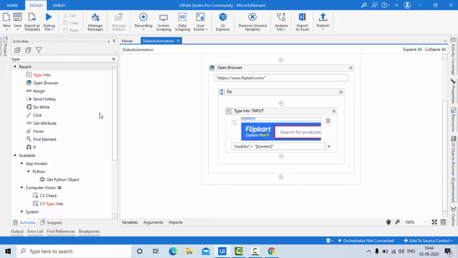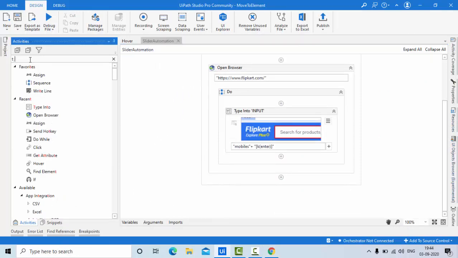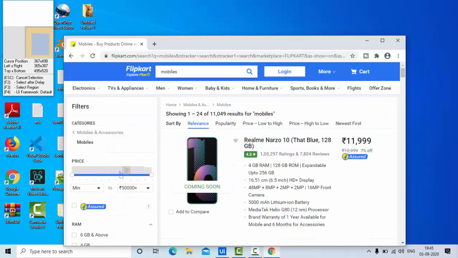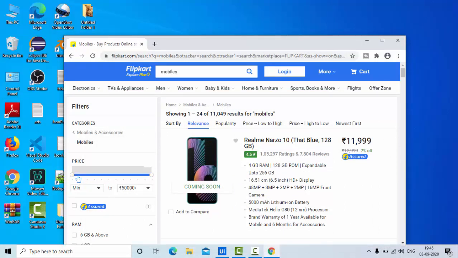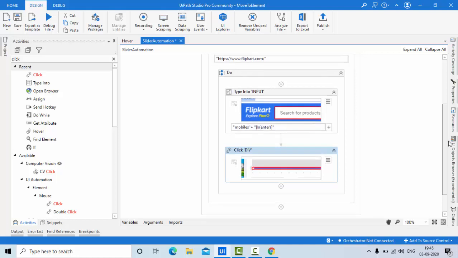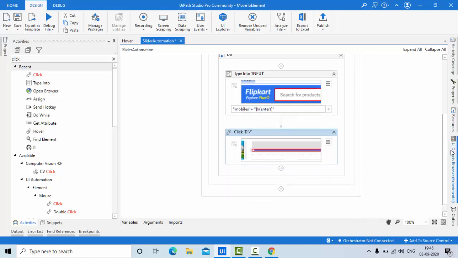So first of all, we need to apply the click function. Select the bar that you wanted. So this is a slider bar, right? This is my slider bar. Cool. Then I want to perform this repetitively.